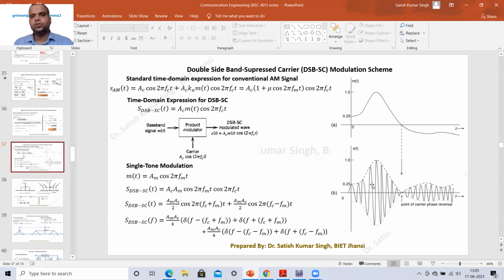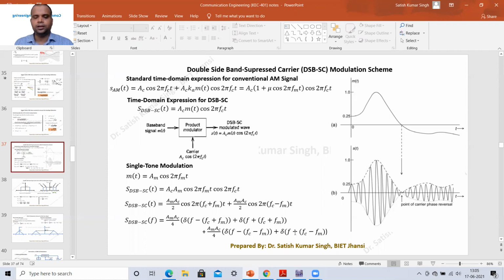If you remember, I told you that there is one method for generating the DSBSC signal that we have already discussed in my lectures. That was our ring modulator. The ring modulator is also a class of switching modulator, it comes under the switching modulator. But because of the need of a transformer, I am not going to use that one. I will be using another switching modulator.